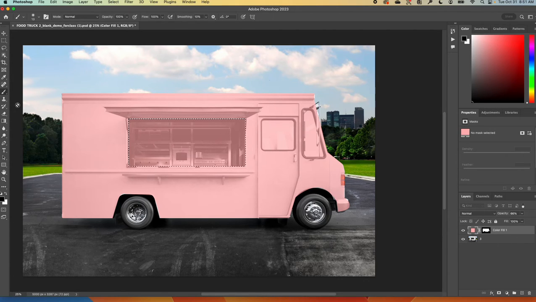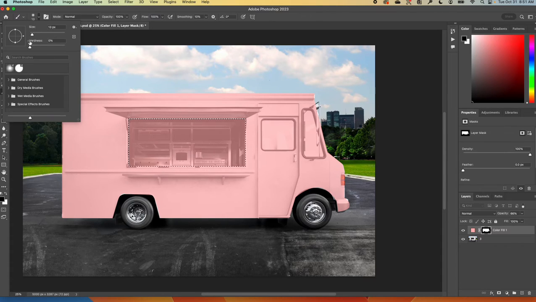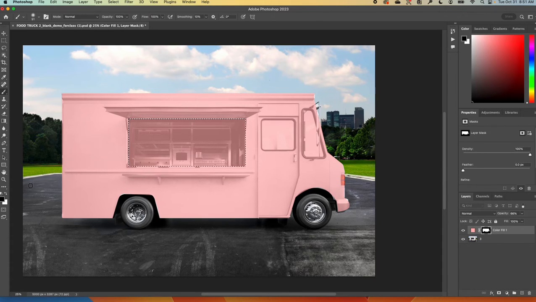Okay, so now I'm gonna go into my mask layer with that selection on. And so if you brush black, it'll fill. If you do white, it will have the opposite effect. So let's get our brush tool, not our eraser tool. We're gonna get our brush tool and make sure that the swatch is default to black. And then if you color in there,